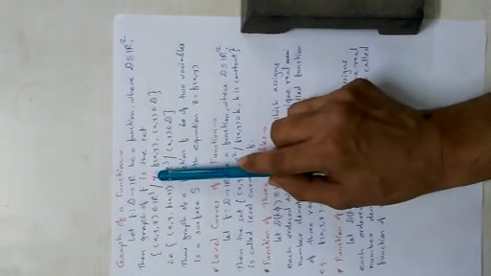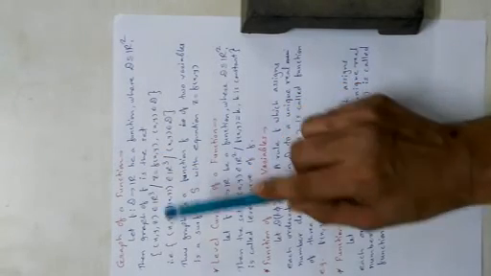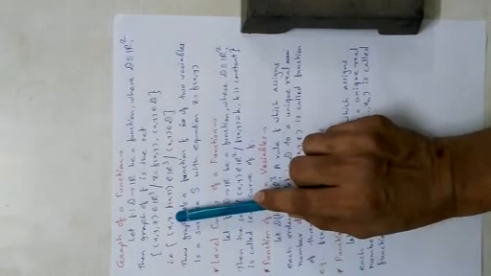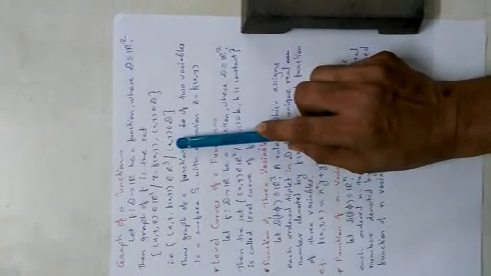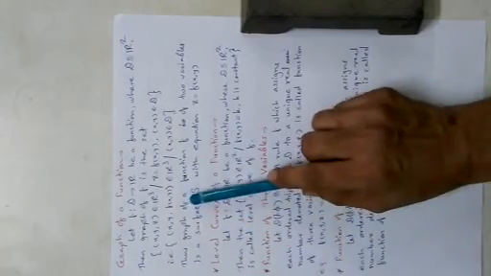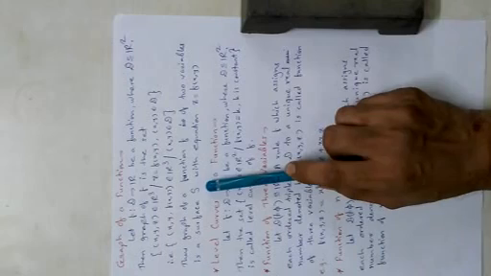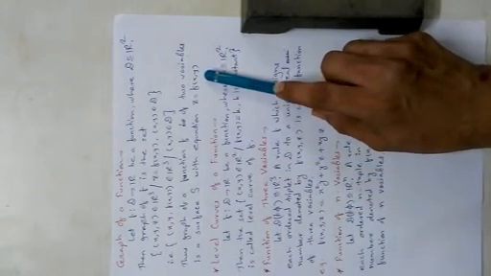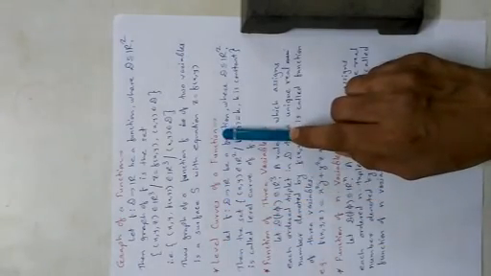We replaced z here by f(x, y). Thus the graph of f is the set of all ordered triplets (x, y, f(x, y)) belonging to R cube such that the ordered pair (x, y) is from capital D. Thus the graph of a function f of two variables is a surface S with equation z is equal to f(x, y).